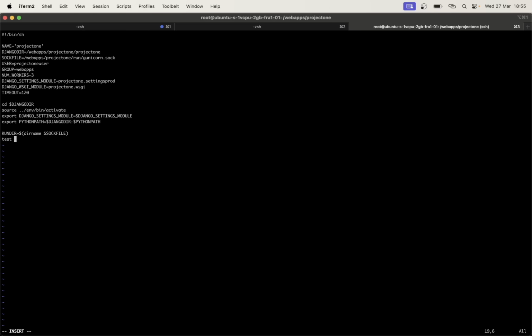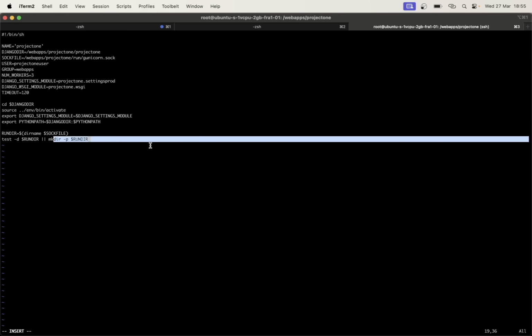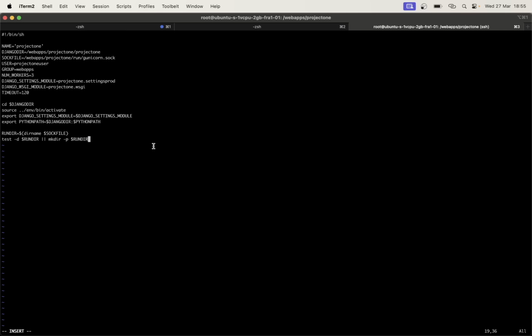Then we can set test -d to see if that folder is created, run there, and if it is not, then we can say mkdir -p run there. So what this does is that it checks if this folder is created. If not, we create it, and when that is done, we start Gunicorn. So exec